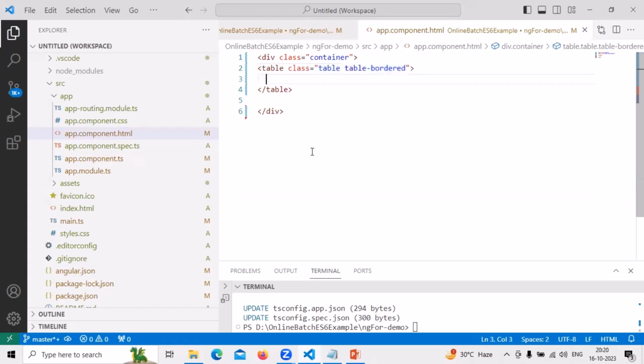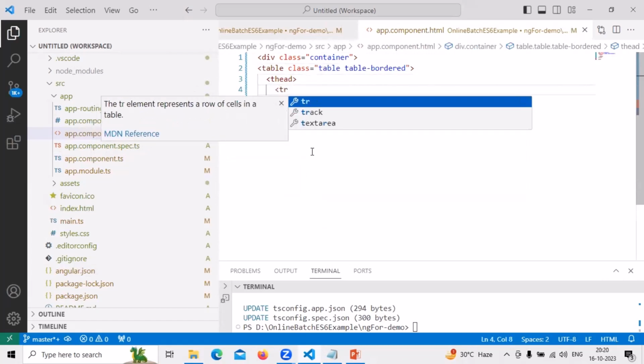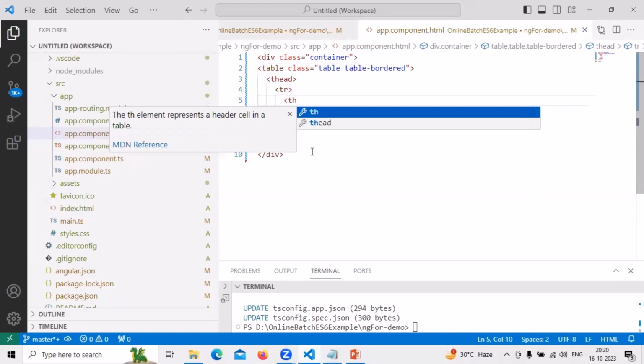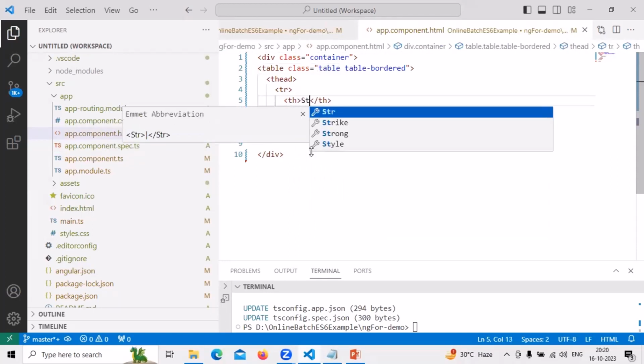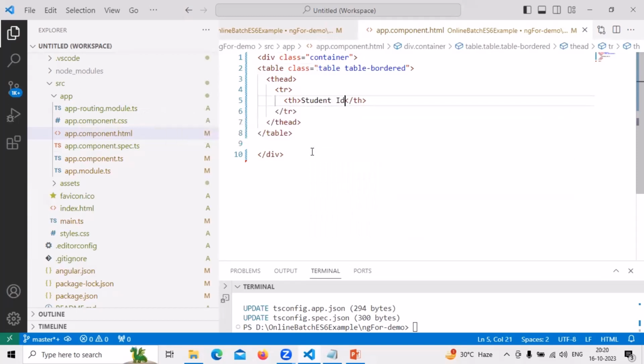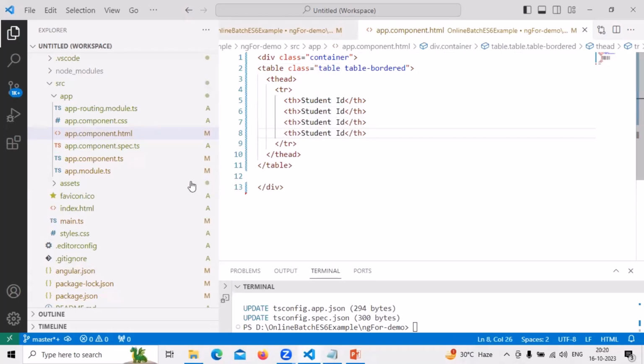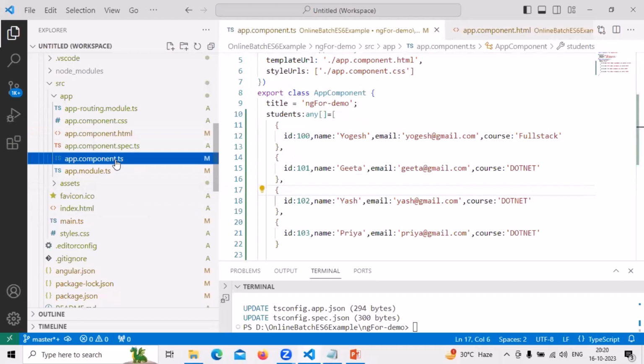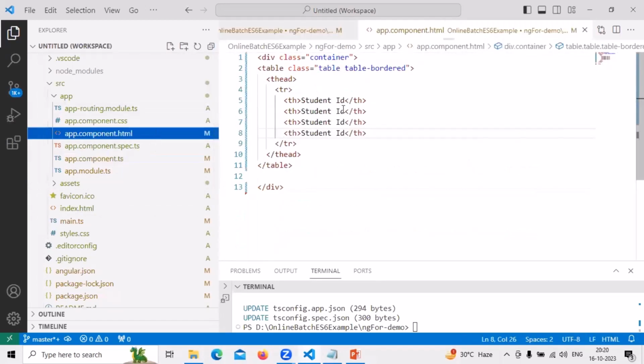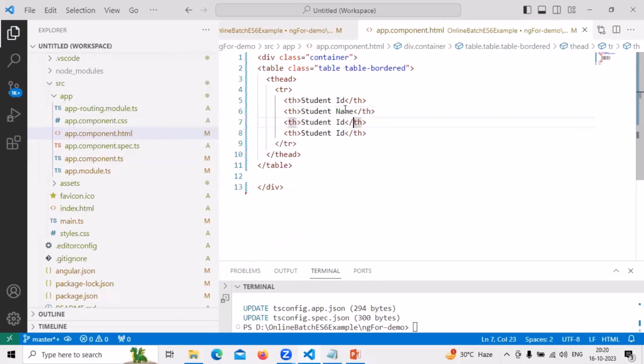and then I have to define the thead. I need to define the tr, th, student ID, then student name, email, course. Okay, then to define the data we have to use the tbody,